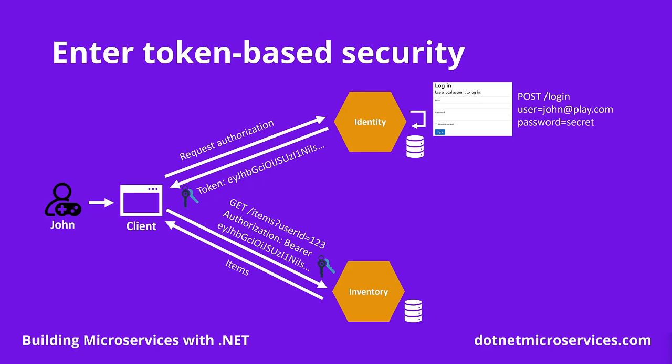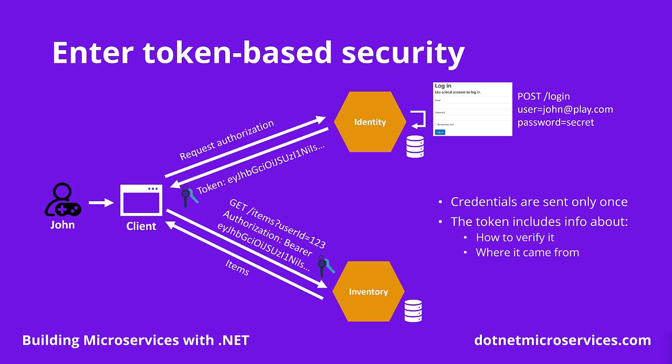Notice that with token-based security, the credentials are sent only once from the form presented by the authorization server and not on every subsequent request. There is more going on here before generating the token, but we will look into these details in the next lesson. The generated token represents consent from the user, and it includes information about how to verify the token, since it includes details about how it was signed, where it came from, since only tokens generated by our authorization server should be allowed,